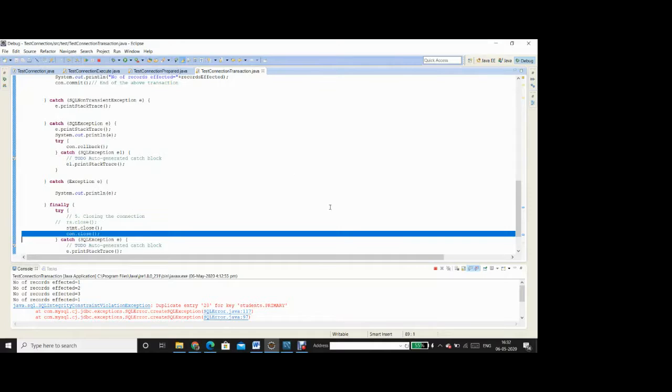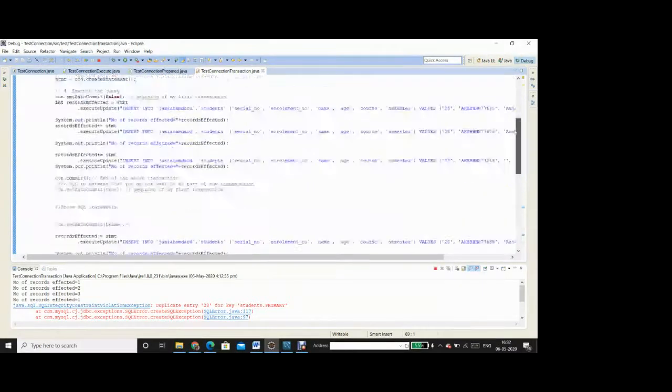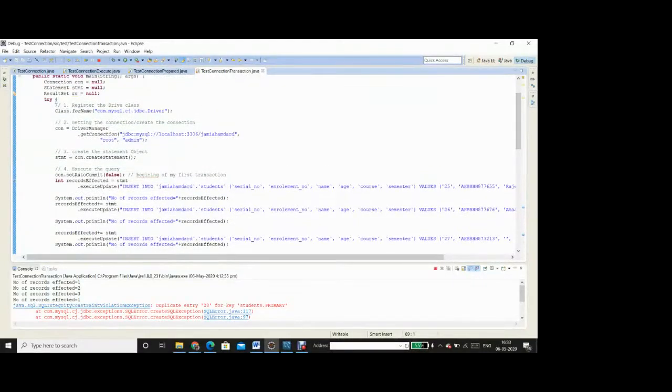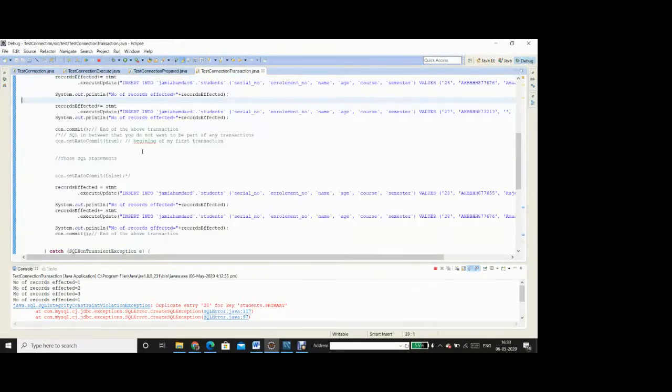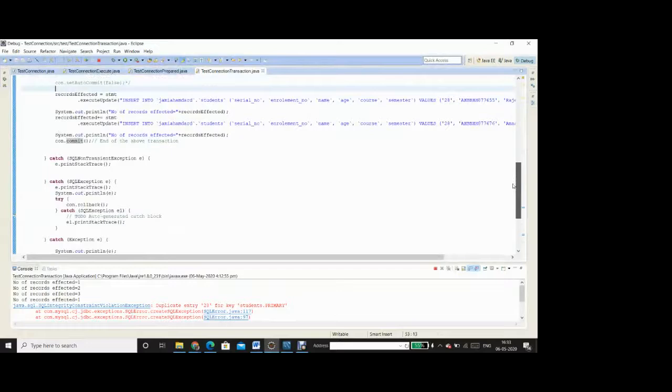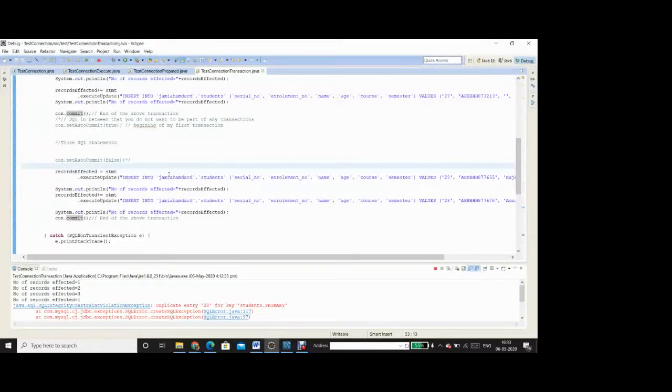Or what you can do is you can always use try with resource instead, and that will also have the same effect. So try with resource is something which has been added in a later version, say Java 7, I think, of the JDK. So you can go through try with resource, what it is. This is another way of closing such transactions. So the transaction should also start within the try block itself. If this is the transaction, this will all go into one try block in that case.